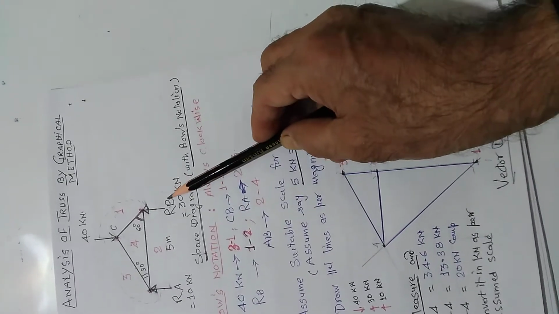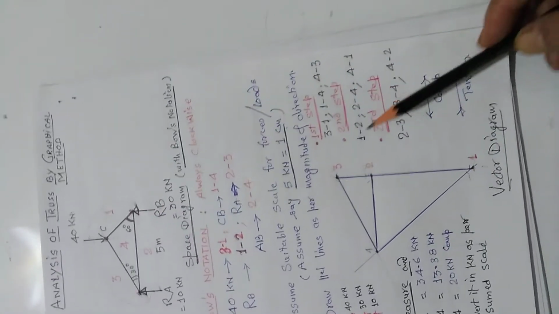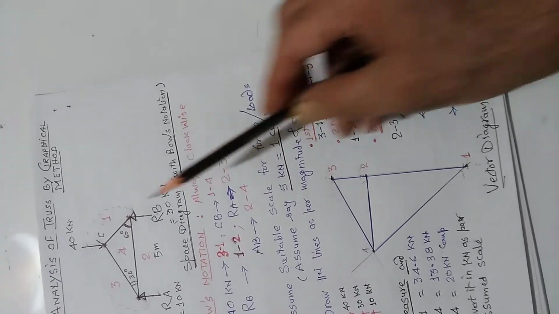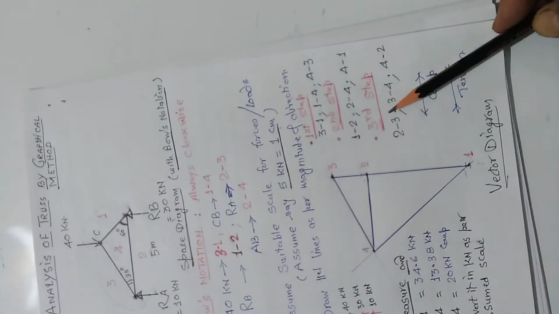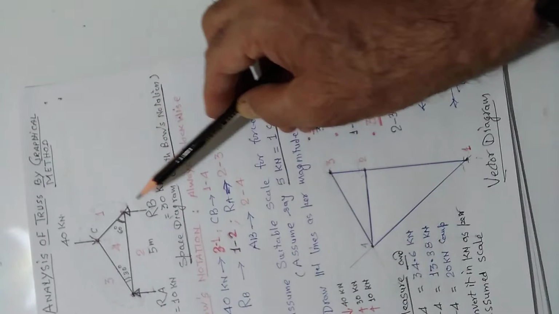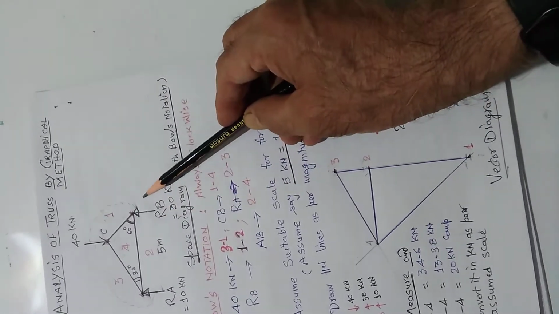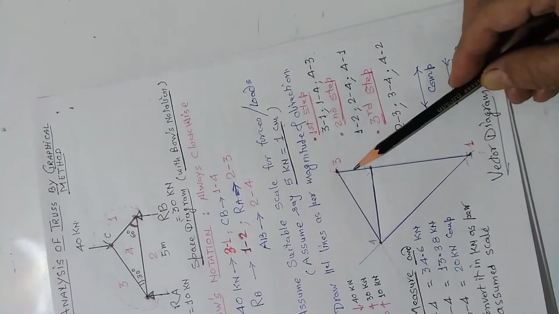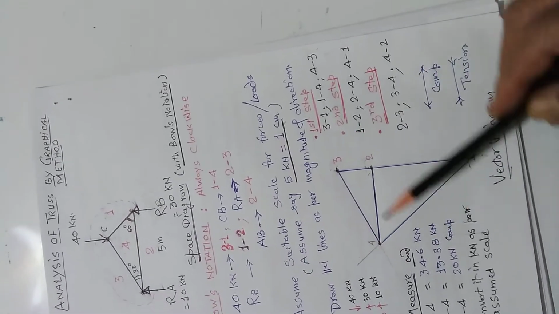Now you come down across here. So when I am coming to the 1 3, next step is 1 2, rather 1 2 2 4 4 1. Just see. 1 2 2 4 4 1. Going clockwise, coming to the first point only. Now 1 2 is known. 1 2 upward. From 2, draw a parallel line. It will definitely cut over here and the whole thing will be completed.